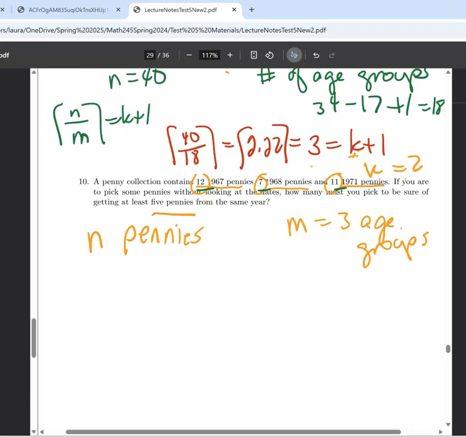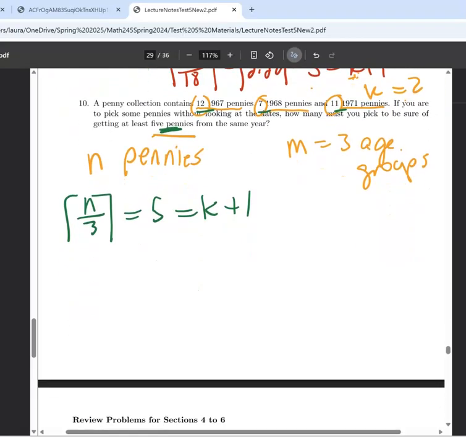It doesn't really matter. So what I'm going to do is find the ceiling of n divided by 3. And I want to have 5 pennies. So I want this to equal 5. So I want this to equal k plus 1. Oh, so that means I want the ceiling of n divided by 3 to equal 4 plus 1. I'm trying to get to the result, but I can see from here that k has got to be 4,